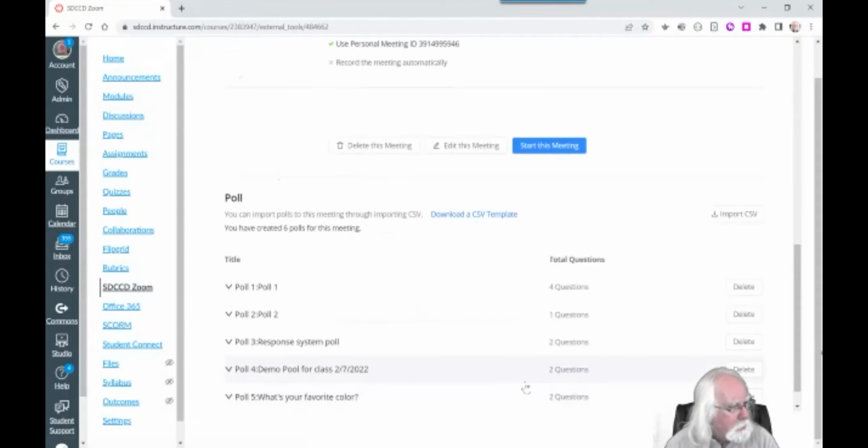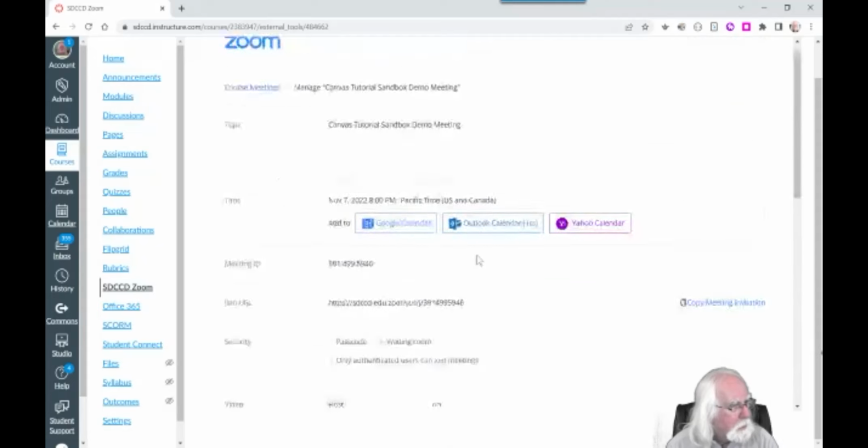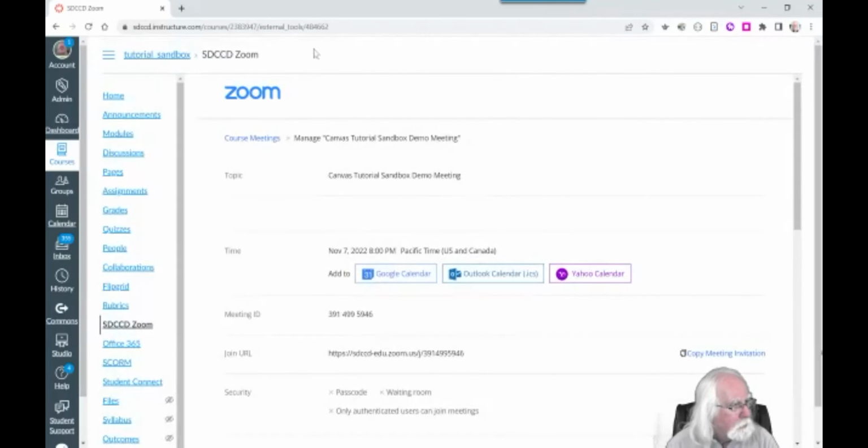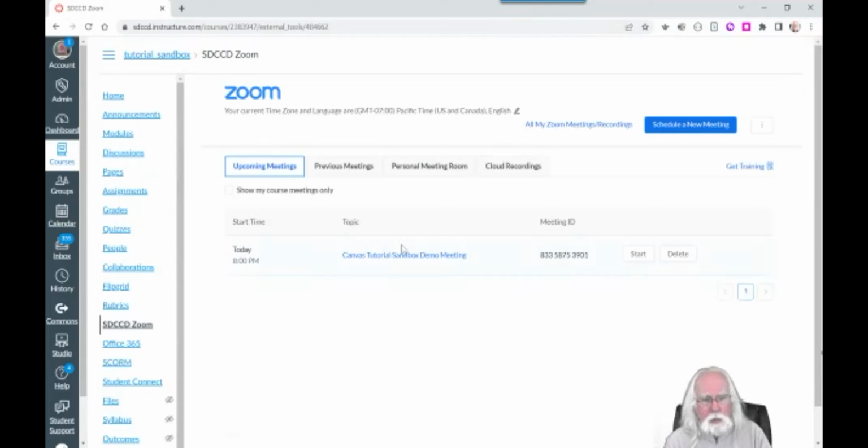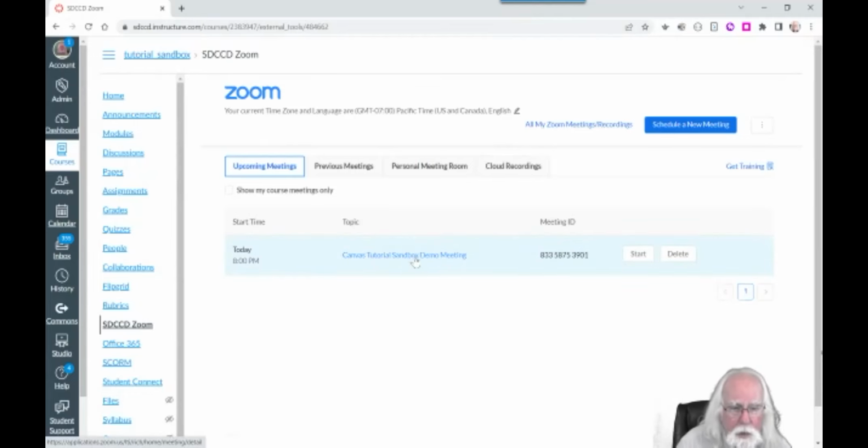And then it takes me back to the, it actually drops me into my Zoom client here, and I can just go back and it shows me what I've chosen for the meeting, and I can start the meeting if I want to now, but I don't have to do that. I can just go back to the course meetings tab, and that meeting now shows up as a scheduled meeting. I can start it from here